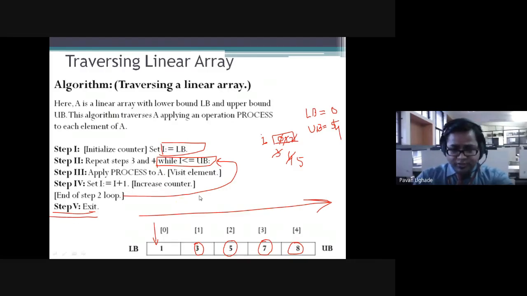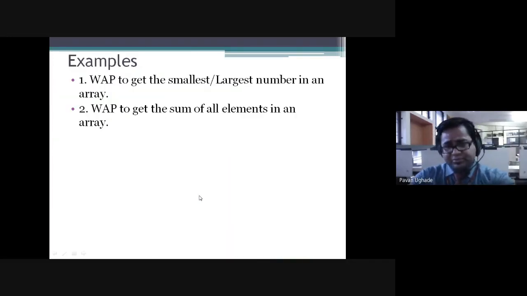Because if you understand this, in the coming examples, we'll be discussing writing certain programs using the arrays. And once we go through this, we'll be seeing some other interesting operations that have to be performed over arrays.